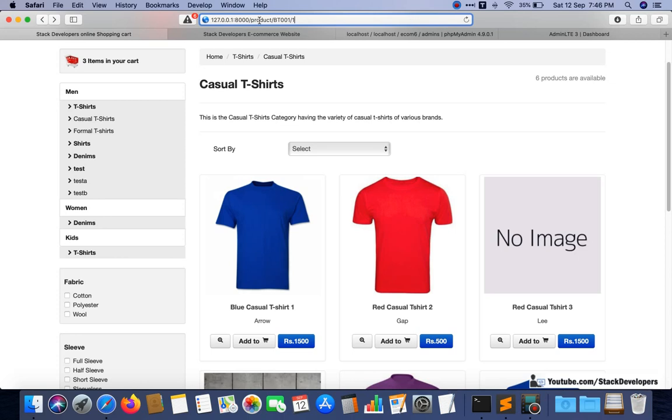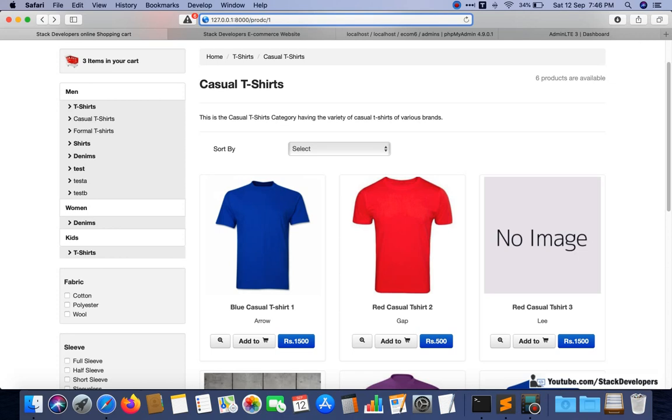See, you can also make it like this. First the product code is coming, and after that the product ID is coming. So it's your choice. You can also make it like this, detail, like this. So one will be there, because that is required for the product ID. With the help of one, we can get the complete product details. So one is required, but other things you can add of your own in the URL.